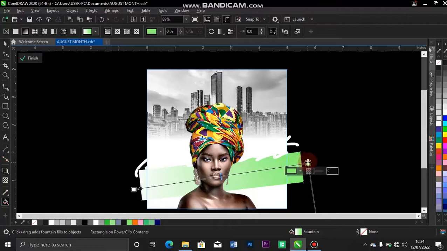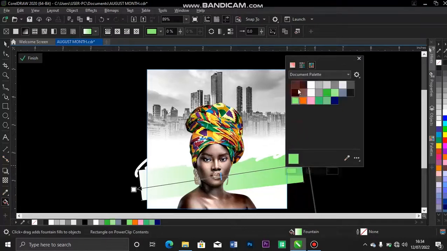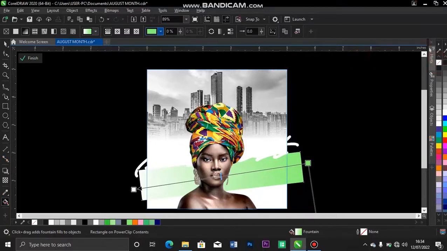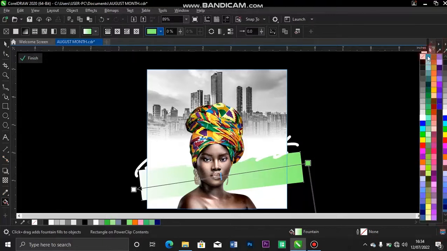Now for this part, I can choose my 90% black. Just drag the color inside at once. Okay, 90% black, so I drag it inside this place, and I push